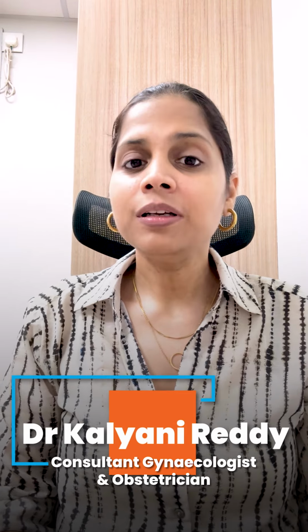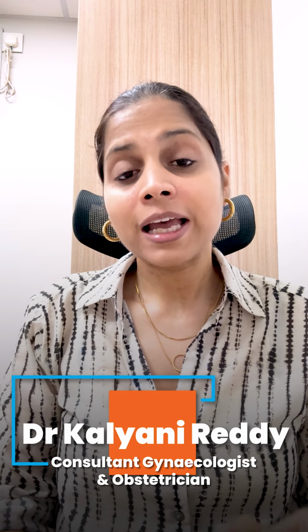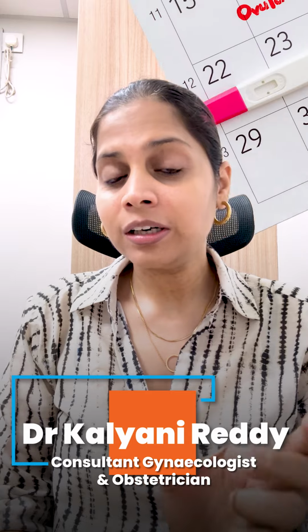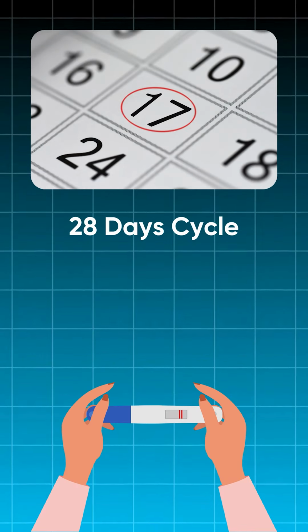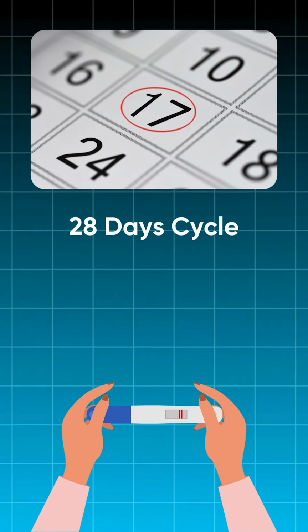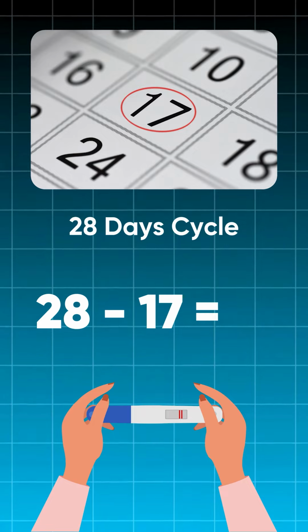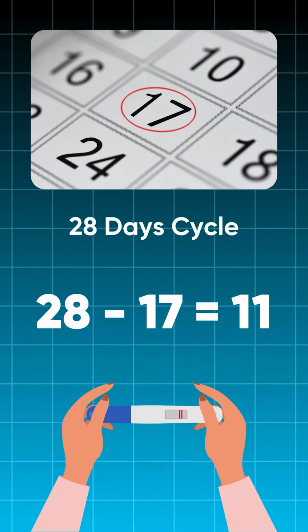You need to know your cycle length to start doing this urinary kit. For example, if your periods are regular, then the cycle length will be from the first day of your period till the first day of the next period. And you have to subtract the number 17 from this number of days of your cycle. Suppose you have a 28-day cycle and you subtract 17 from that number, then you'll get 11. So day 11 of the period is the time when you start doing this urinary LH test.